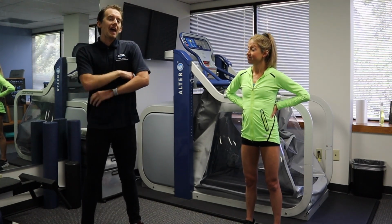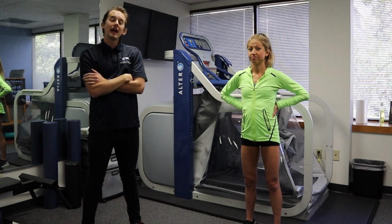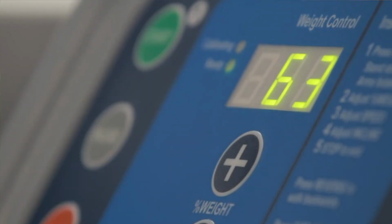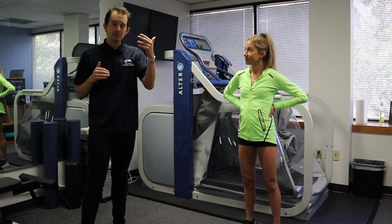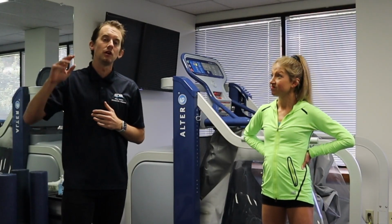Think about being an athlete, let's say, that's training for a 5K, 10K, and then they decide, hey, I want to make the step up to a half marathon or a marathon. Obviously, in order to do that, someone needs to run more miles and do more workouts and get their body conditioned for the longer distance. The AlterG, utilizing it 1 day a week or twice a week, running at a chunk less of your body weight, allows you to get the similar workout benefit and the miles in without the injury risk of running them